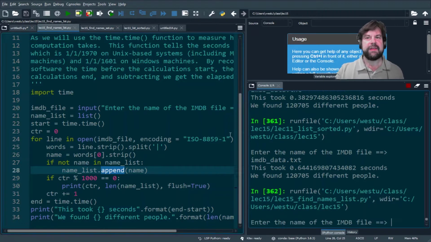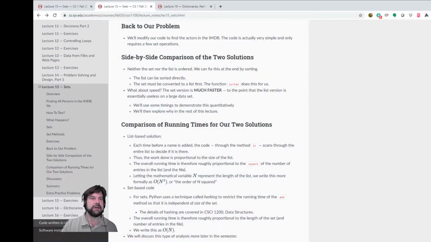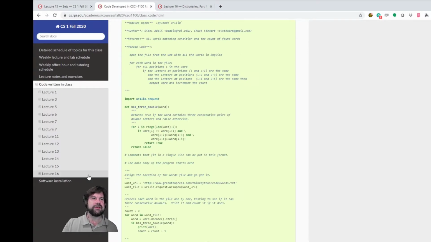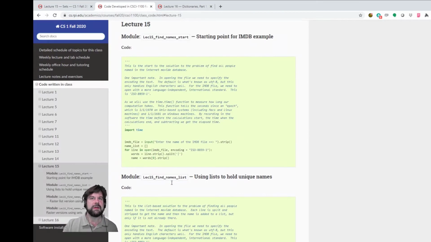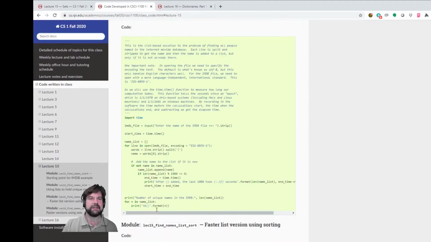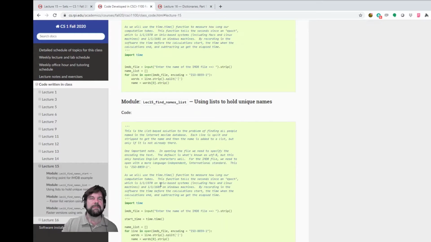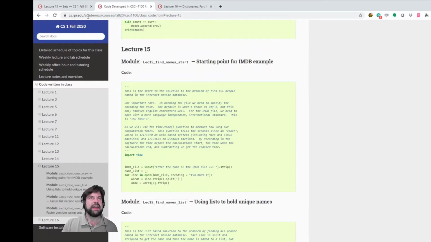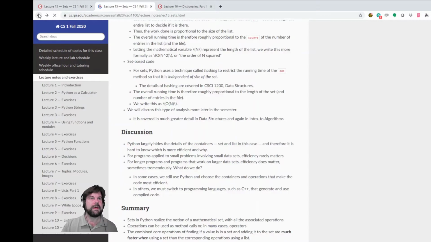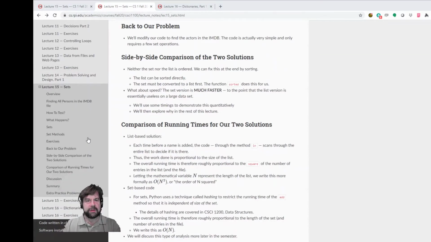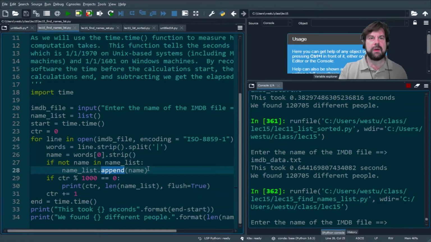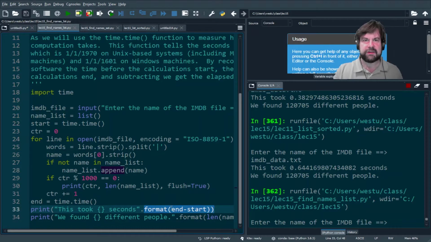And we ran this on the Hanks. And by the way, this is essentially the code from the website. If you go down into code written in class, this is essentially Lecture 15 code using lists to hold unique names. What it does is we just walk through. If the name's not already there, we add it, and I put in some debug stuff. Here's a start time and an end time, so we can measure how long it took us. Right, end minus start